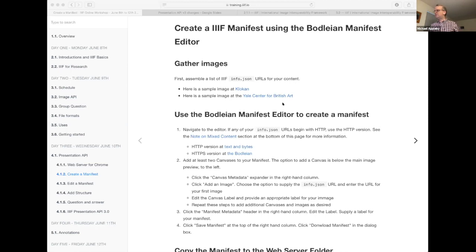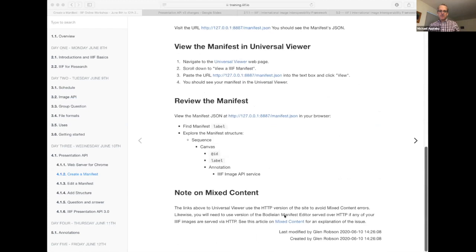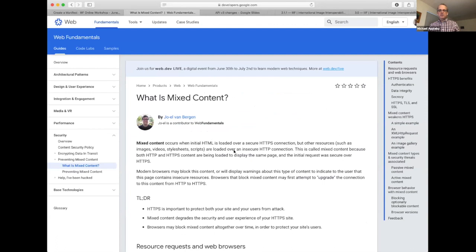Okay, so we have people who have a mix. I don't know if people might be familiar with this, but I put a note at the bottom on mixed content. Basically, if you've got, say, a viewer that you load over HTTPS and it tries to connect back to grab manifests from different locations, it will probably be blocked if it's trying to make a connection to an HTTP site. So this is what we're worried about